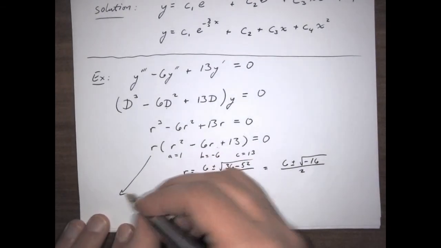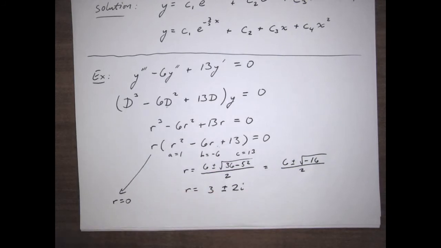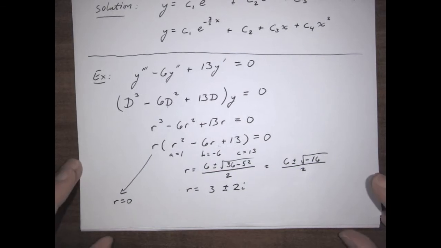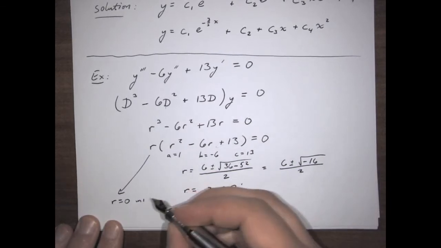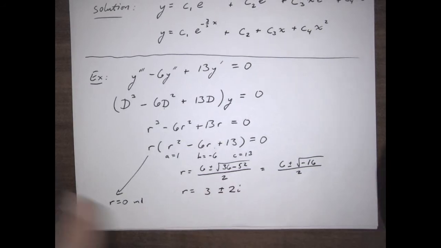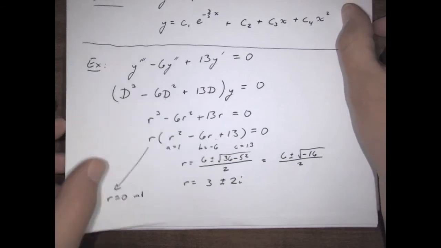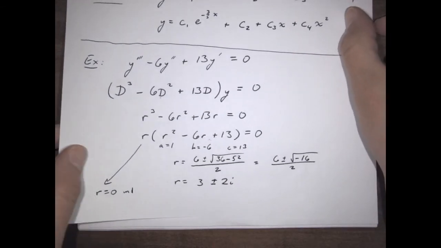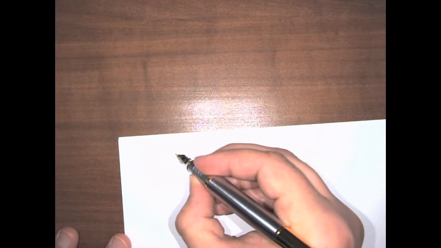And then also we have r equals 0. So we've got two different branches here. We've got an r equals 0 of multiplicity 1, and then we've got complex solutions, a conjugate pair of 3 plus on the one hand, minus on the other hand, 2i. Now, since there's no higher multiplicity here, we don't have to worry about the disambiguation by means of the x's. And so what that means is that we're going to have